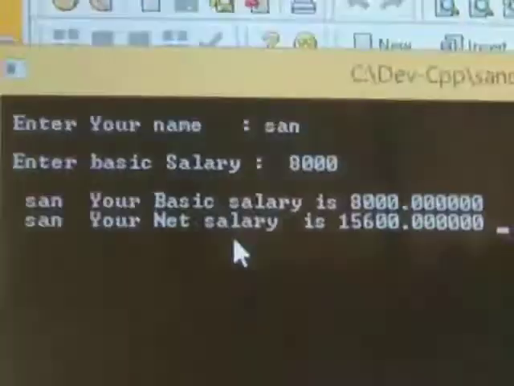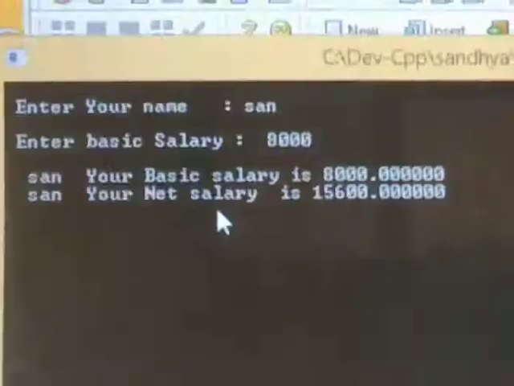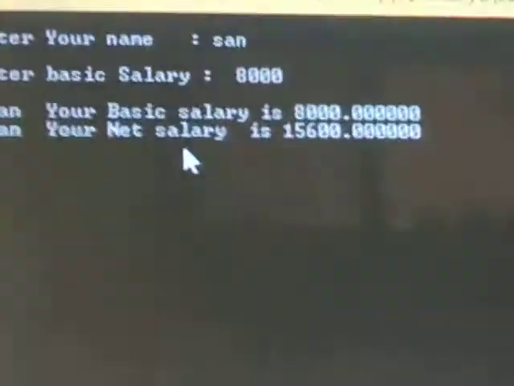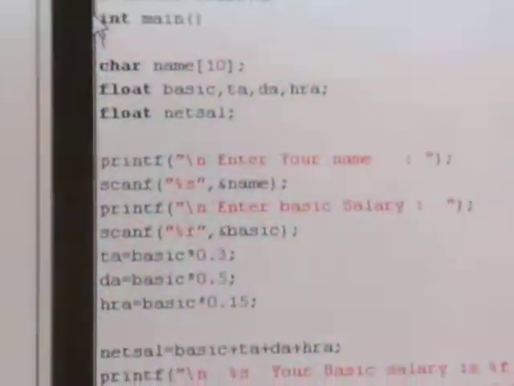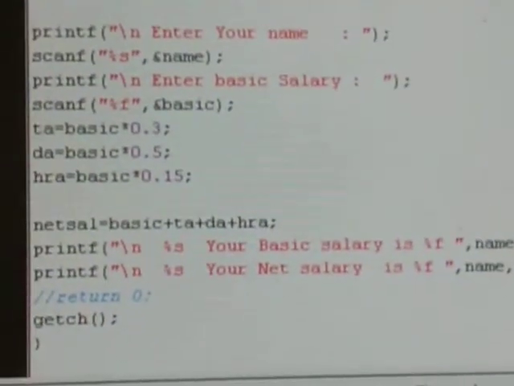So this is your salary printing. There is nothing much difference between the two environments. Both are the same, the statements are the same, and the execution is the same.